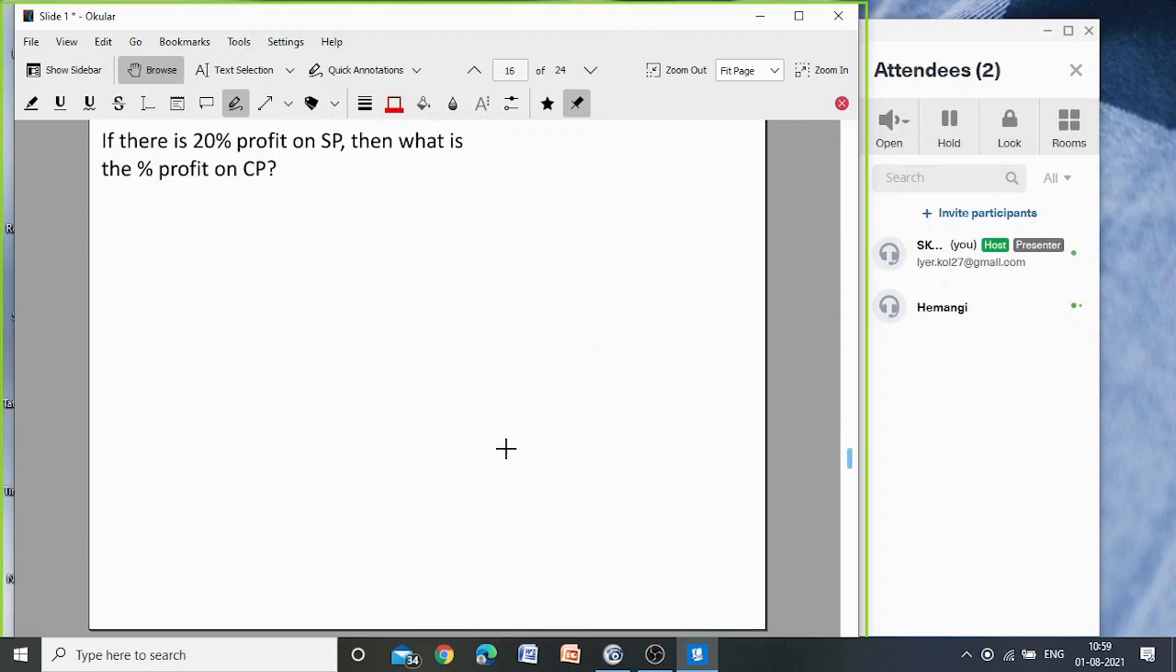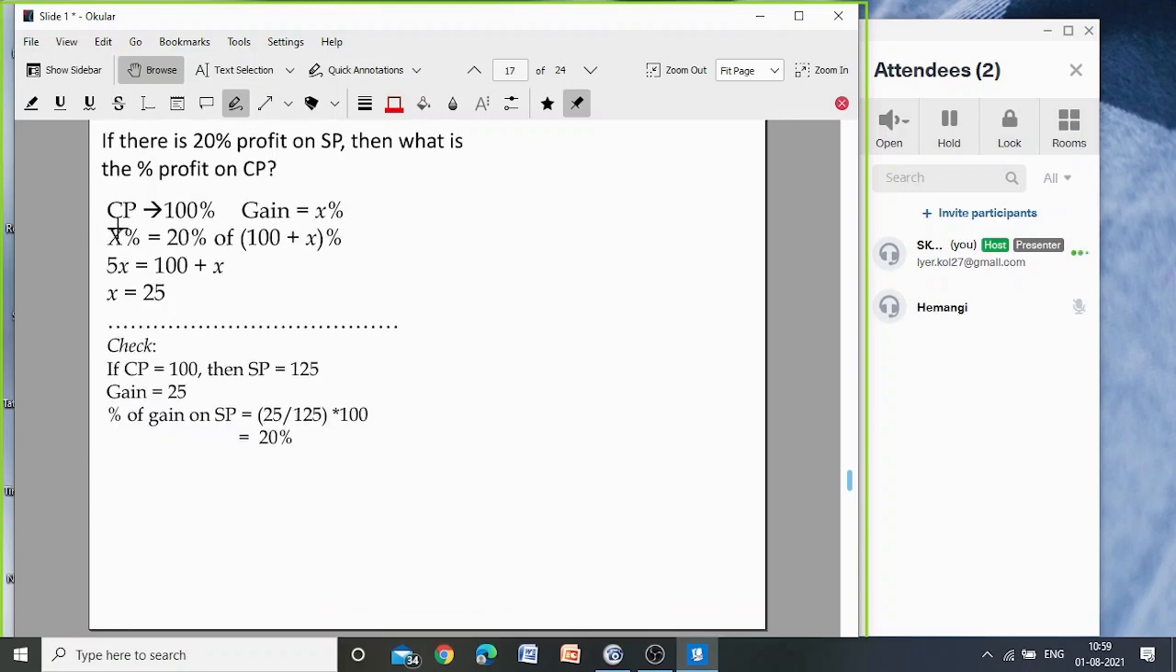If there is a 20% profit on selling price, then what is the profit on cost price? Now here it is reversed. There they gave on cost price and asked on selling price. Now they have given on selling price and are asking on cost price. So